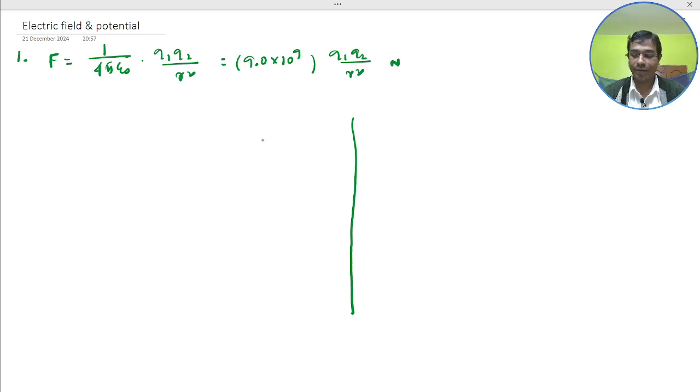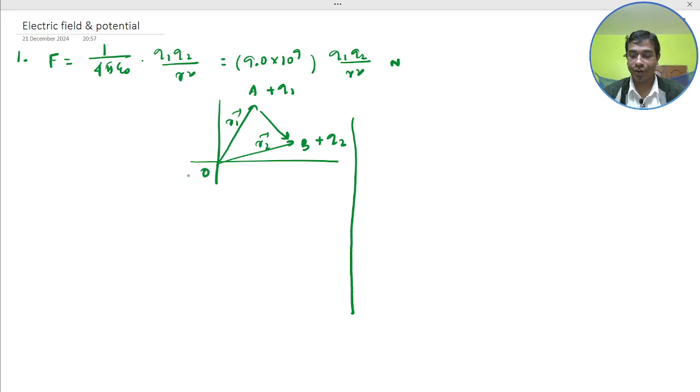This is the coordinate system, this is the plus Q1 charge at A and the plus Q2 charge at B. This is R1 and this is R2, and this is the origin. So the force on charge B